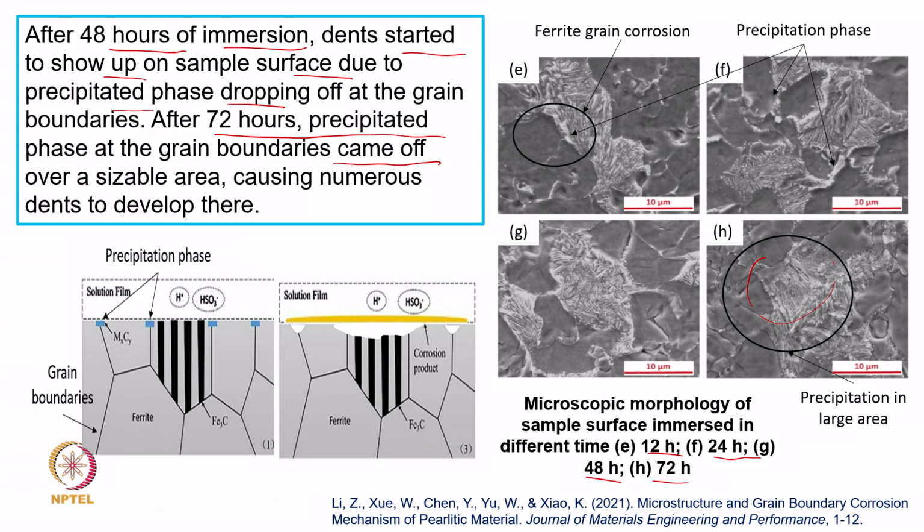Now, just to show this complete phenomenon schematically, we are able to show this kind of figure. We can say there is some sort of steel here. Now, there is some solution, and the solution contains HSO3 as well as hydrogen ions. And then what we are showing is the precipitation; the blue color shows the precipitation here, also the complete precipitation, and the black color shows